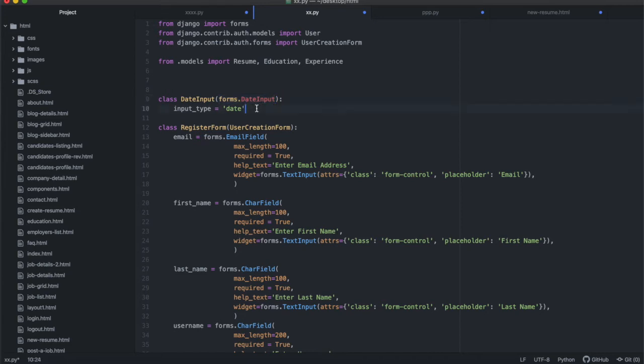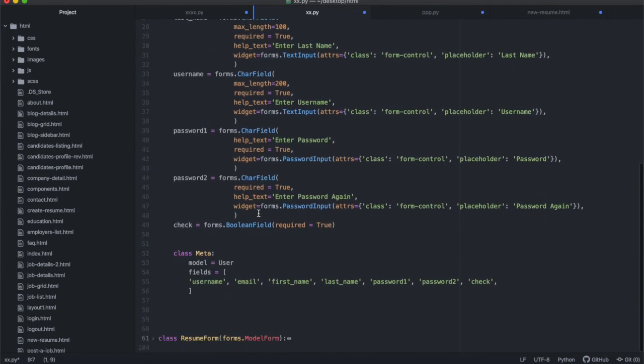So what you want to do to fix that very quickly is, at the top, import the DateInput class, which comes from forms.DateInput, and then just specify the input type to be date. Then when we use the date input widget later on, we are just going to use this new class, not the forms.DateInput. You understand? Then at the bottom,